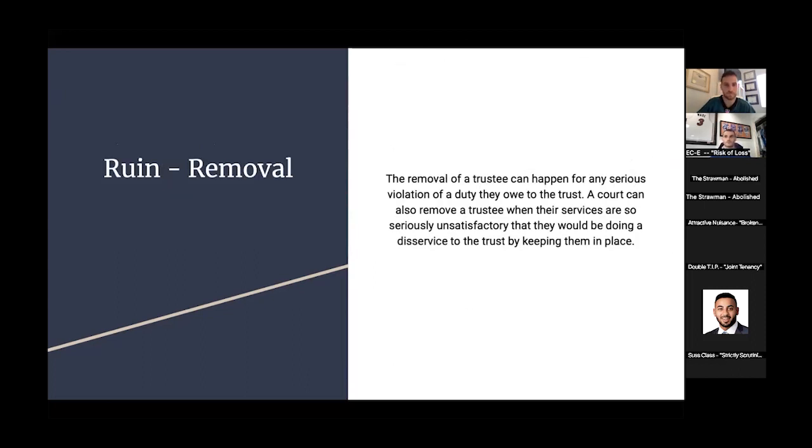The second one, though, is more of a discretionary role that the court has. You can petition a court, hey, this trustee is doing a really bad job. Can you please remove him and replace him with this person? That's going to be a discretion that the court can have if they can say that it's seriously unsatisfactory and a disservice to the trust. Easy stuff. Awesome. And I know a big statement to use on the essays.